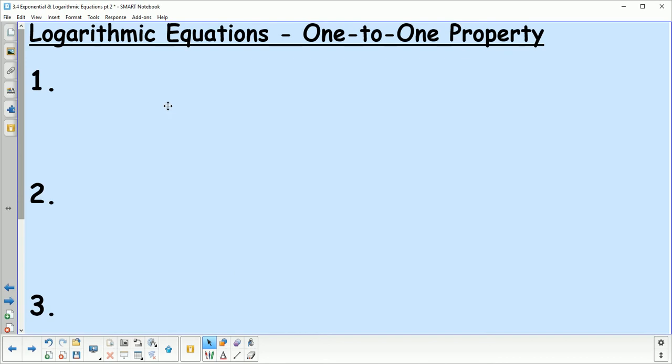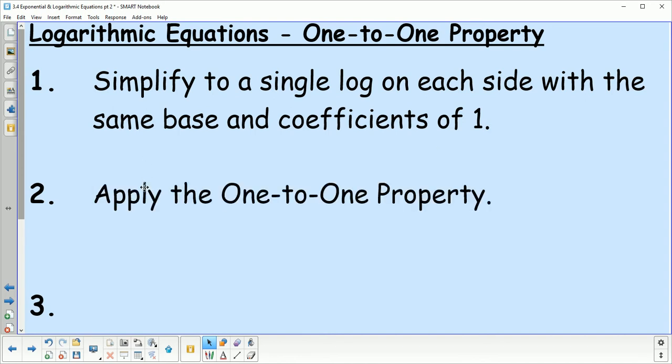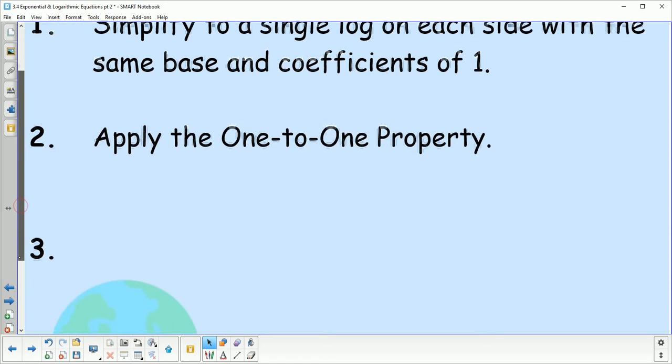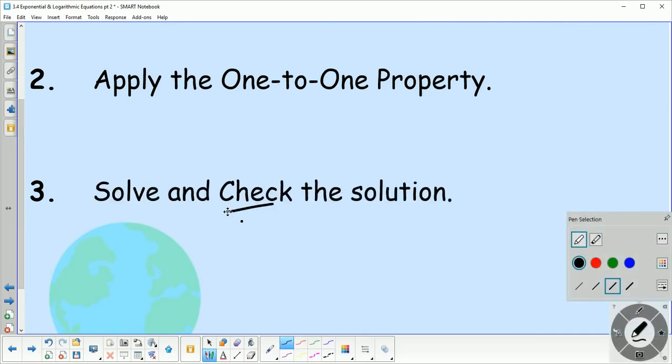So first idea is that we need to write each side as a same base log, and the coefficients need to be 1. So if your coefficients aren't 1, that means you're going to have to apply the power rule and bring that in as an exponent. Then you apply the one-to-one property, which we just talked about, and finally you're going to solve, and again, really important to check the